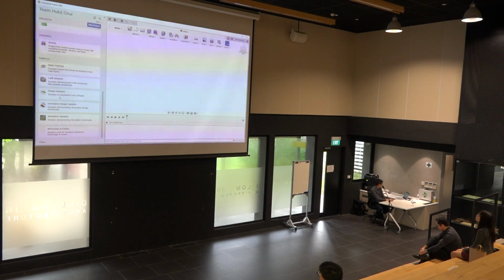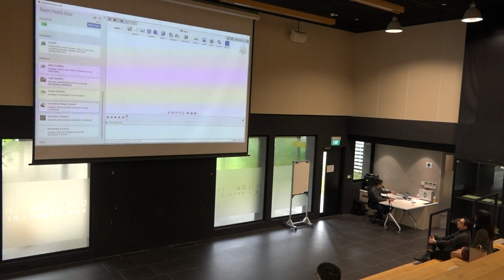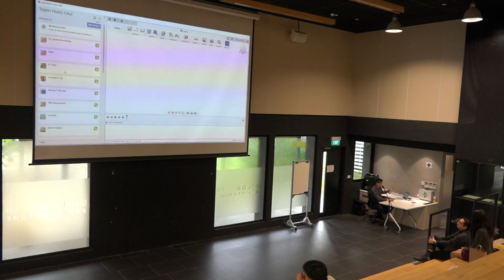Now, of course, you can go inside and the samples, like I mentioned to you, a lot of them are ready for you. You can just use these sample models as inspiration if you know how Fusion 360 works. Very simple. If I start, some of the models are already loaded, so once you load one, you copy it into your own project. You're creating your own project. So I'm just going to use